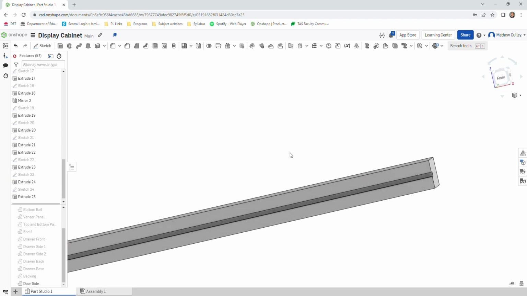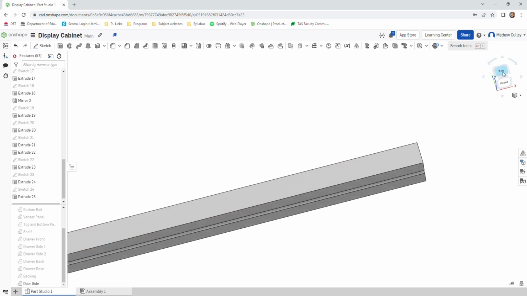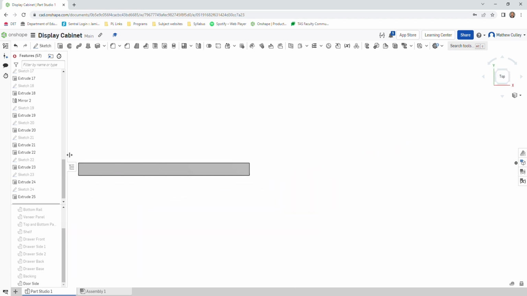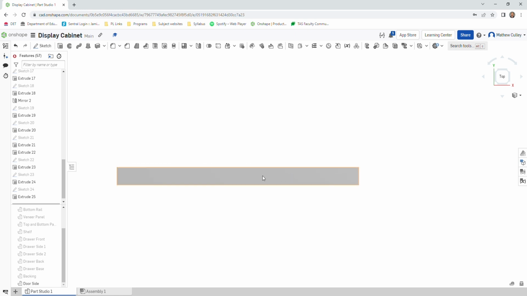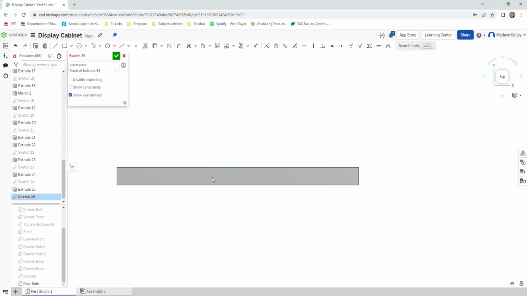Alright, so now I want to rotate this to the top. If I double click on top here, I can see the top part, or the top face of this door side. I want to go with my sketch again, and then left click on that face, L for line, Q for construction. Starting at this corner, left click once, come across, left click again, 19,